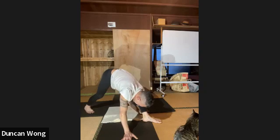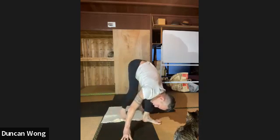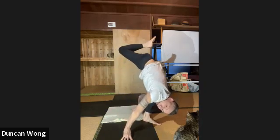1. I'm going to shift to finger stance, thumbs to the middle, grip in. Standing arm lock Scorpio for 5, 4, 3,